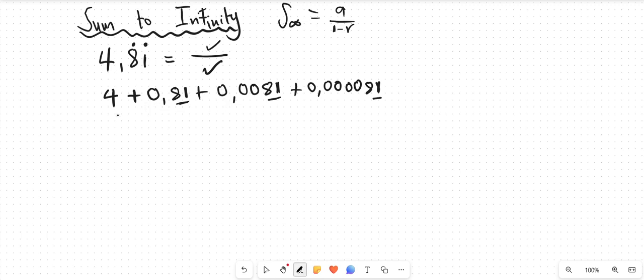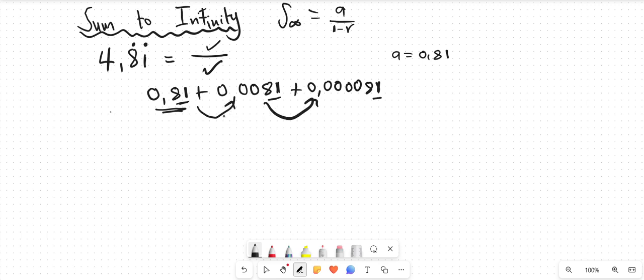So if we don't look at the 4, let's just not look at the 4 right now. We'll add the 4 at the end. Let's take the 4 out. So technically, if we take the 4 out, then this will be our first term, right? So our A in this case will be 0.81, and our R that is happening from term to term will